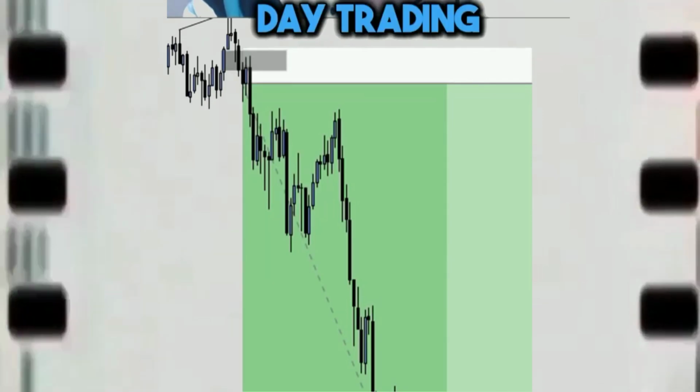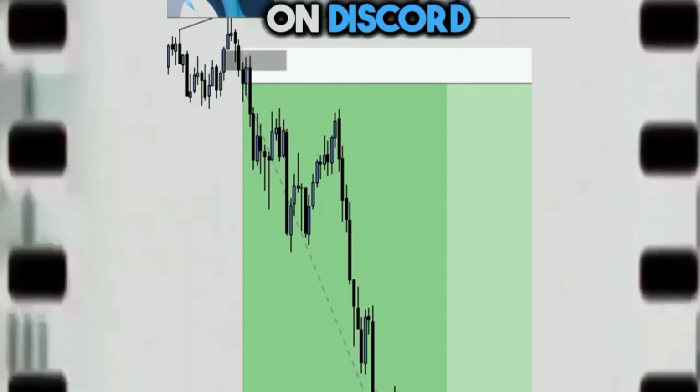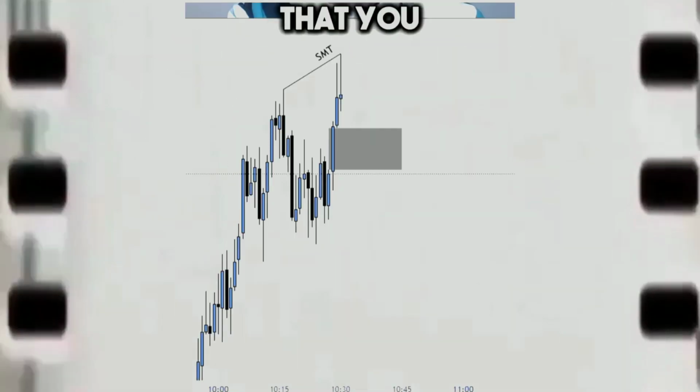And as you can see, this strategy works very well. It has over an 80% win rate. I trade it live every single day in my Discord. You will not be able to unsee this day trading strategy where I was able to call a 200-point move live on Discord. Now, the first thing that you need to do when it comes to trading with fair value